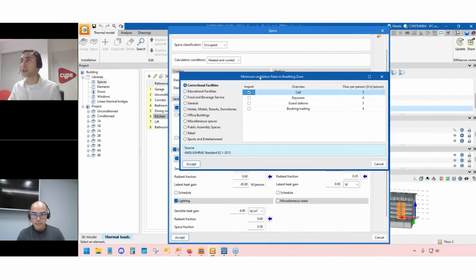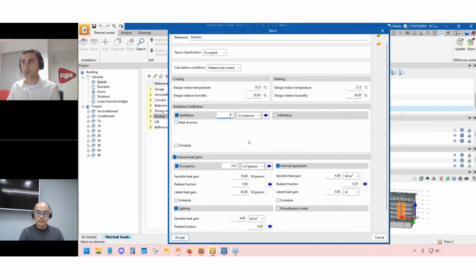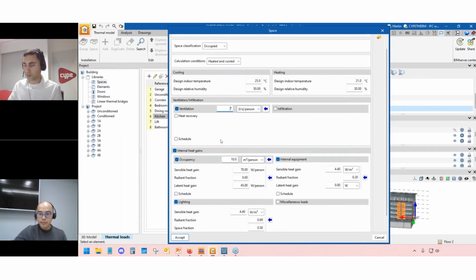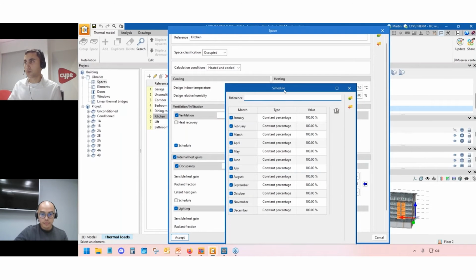ASHRAE in which we may decide, okay, this is a kitchen. And ASHRAE suggests that the correct flow per person, flow of air, will be that one. So we'll just click accept, and the program shows that information. I think this is a really powerful tool. And also, for example, today we're talking about a kitchen, but we might be talking about an office or a school. Whatever space we're talking about might have different